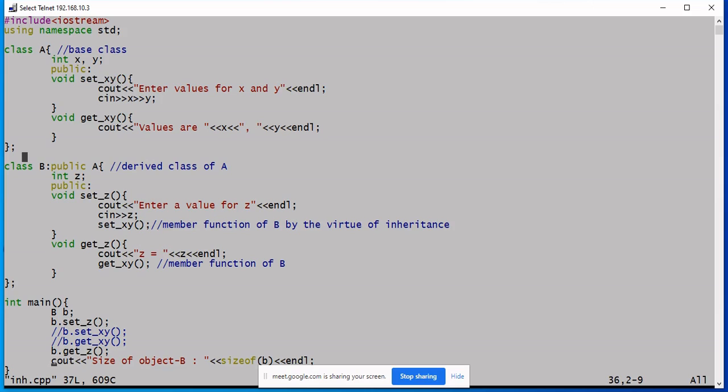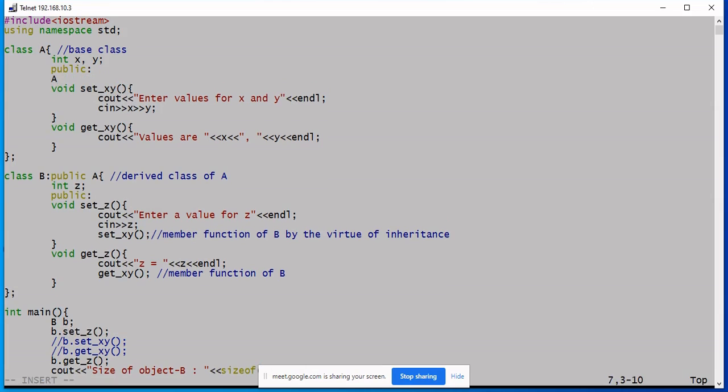In this code we have set xy and set z, but the thing is, since you know the concept of constructor, you can avoid the function call for set z as well as set xy. You can avoid even this function call, which is used to set the values for member data. So in place of set method, let us add constructor to this program.